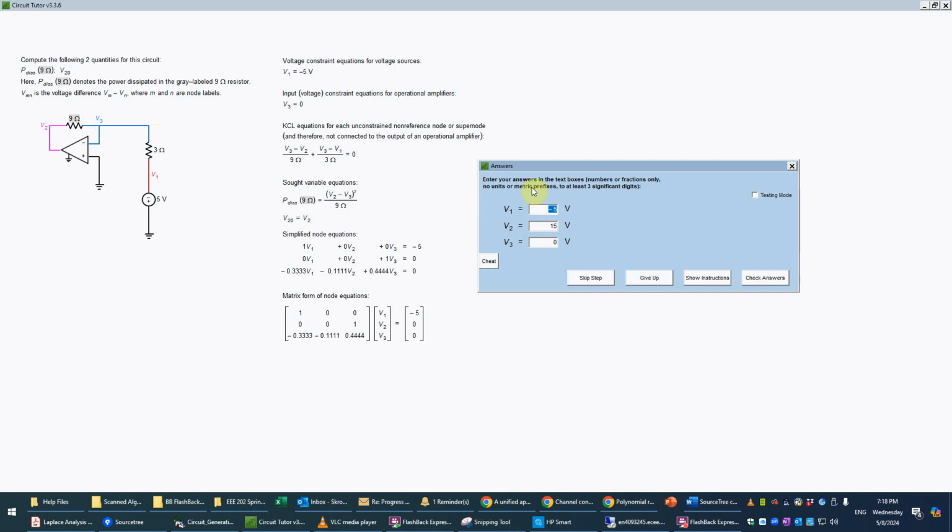And if you know about inverting amplifiers, you might actually have known that right away because the input voltage here is -5 volts. And you may actually just remember from the universal case that's discussed in the introductory tutorial that the gain of an inverting amplifier here is minus the feedback resistor divided by the input resistor. So it's -3. And so we could have just gotten that really at the very beginning without going through all of this rigmarole here. And perhaps as you gain experience, you'll just put in that answer at the very beginning, which you actually have the option to do when you're entering a sought variable. I could just put in a number, and if I do that, I don't need to do any of the rest of this,